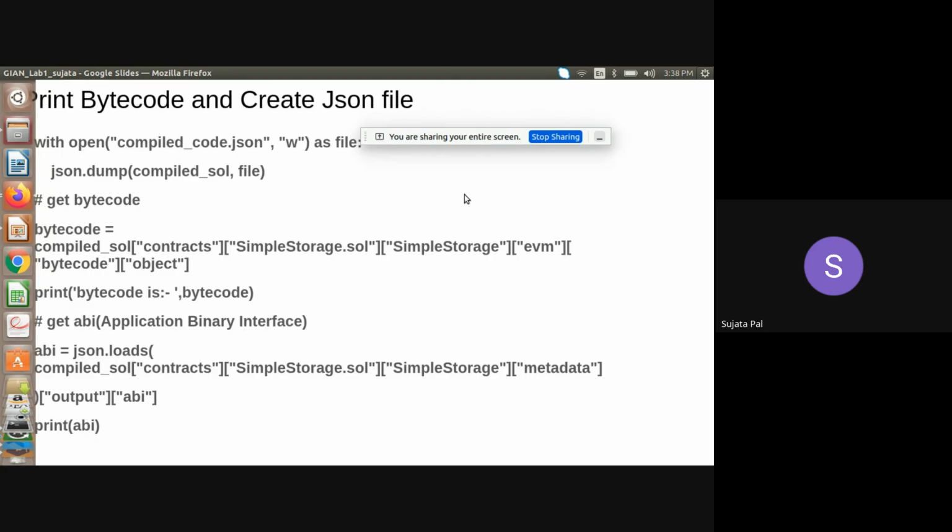Now bytecode. What we have done is told the machine to generate the bytecode and the application binary interface. Now everything is generated, but we actually want to understand that code, what is happening in our output. We want to understand it because we are working on it. We should understand each and every term, what it is creating.